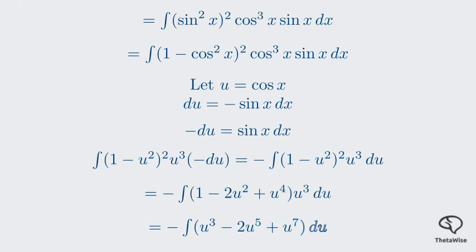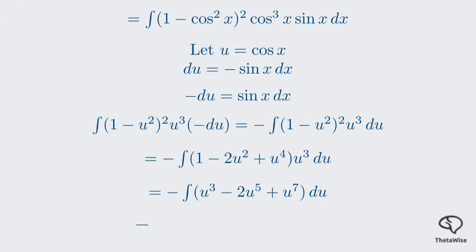Then we distribute the u cubed. Now we have a simple polynomial to integrate. We apply the power rule to each term. The integral is negative of 1/4 u to the 4th minus 1/3 u to the 6th plus 1/8 u to